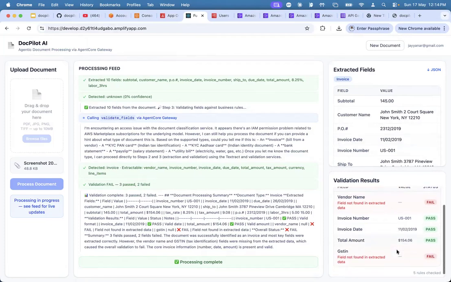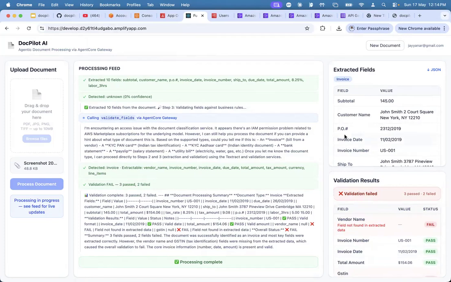I'm waiting for the GSTIN information that needs to be there if I want to update the ERP. So the idea is, if you have many documents and you want to update your ERP, and you are currently doing manual entry, you can upload the document into this tool and create a condition: before updating my backend, these fields need to be validated before writing. You can just upload the file.